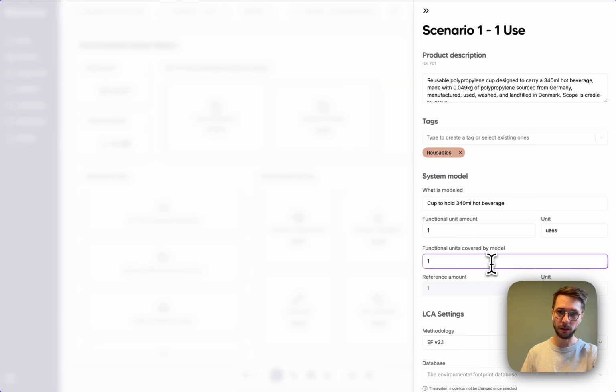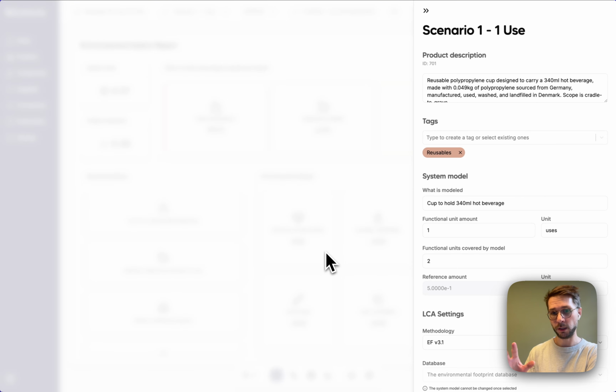In this case, it's one, but let's say I want to see what happens if the cup can be used twice. Now it's important, as I covered in the previous tutorial, you shouldn't use this to create control experiments, because this will scale everything in the model. So use this when you need to scale the entire model in cases such as those I already covered.